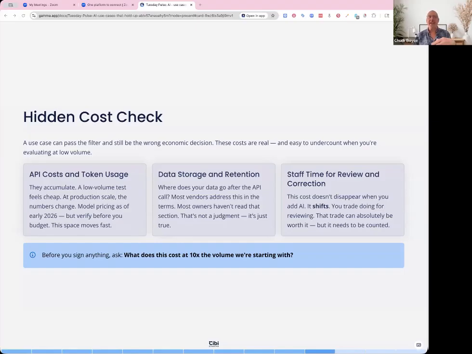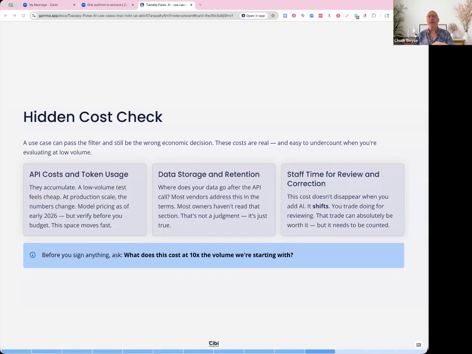But then if it's scaled up into hundreds or more, your cost suddenly is astronomically larger than what you originally may have budgeted for. And so as your usage goes up, so do your API costs and your token costs, and that's outside of your subscription cost. And depending on how you use your LLMs, there could be additional pricing and model pricing as early as 2026. Right now, you have to look at where it is now.